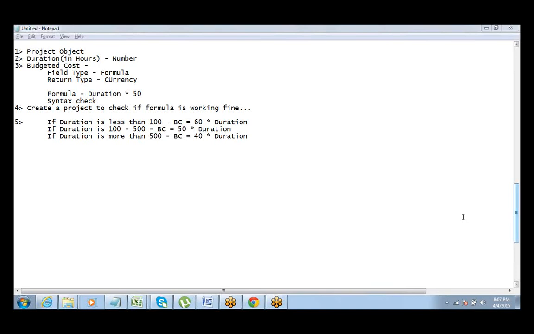So to avoid these kinds of small errors, never type the field name, because you might make a spelling mistake. So always try to insert it. That is the reason why the insert option is available. So that's for everyone. It's a good practice to insert the field name, even if you are very sure. Some field names are very simple, like account, contact, so you are 200% sure, and there it's okay if you are typing it. But for a long field name like duration in hours, it's always good to insert it. Now it's working fine, right, Sandhu? Just a minute. Just insert the field name and it should be okay.